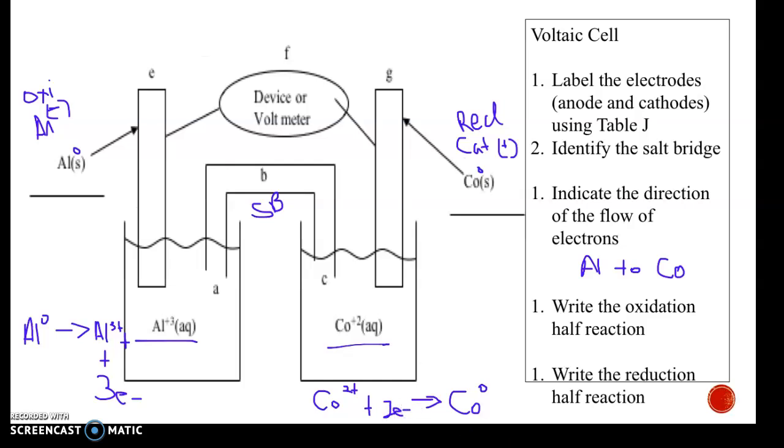And there we go. We've decided that this was a Voltaic cell because it has a salt bridge. We've identified our anode and our cathode. We've written where the electrons are going to flow, from the aluminum to the cobalt. And we've also written